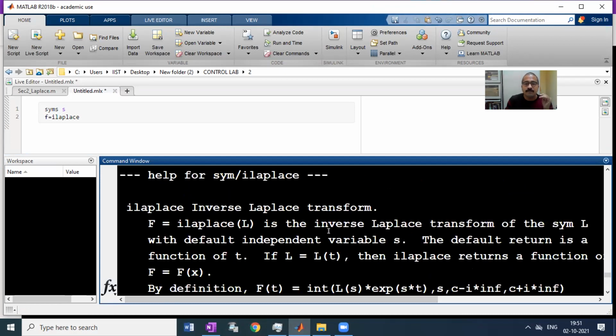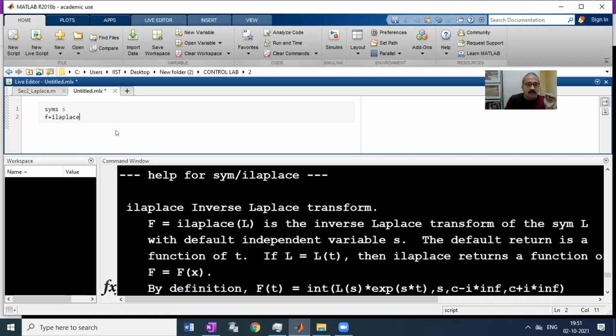So ilaplace of F. What is our F here? The transfer function, 2 divided by (s plus 1) into (s plus 2). This is the Laplace transform. Now let us run this and see what is happening.